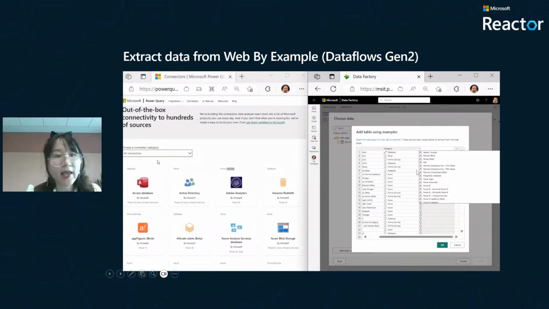And that's one of the AI capabilities I want to show you. How can you extract data from the web by examples? This one is from Dataflow Gen 2. This is from the Fabric Dataflow Gen 2 page. When you're using the web connectors, you have the option to choose